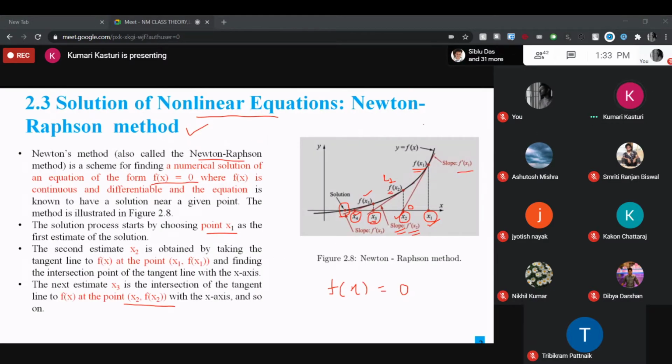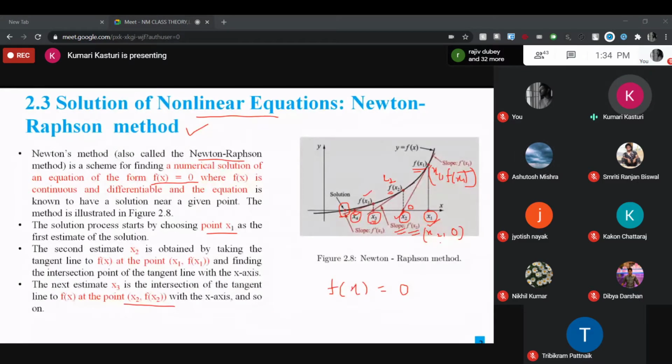Whatever first slope we are having, the first point is x1, and this is f of x1, right? This point is x1 comma f of x1. Is that okay? The first coordinate, right? Here the coordinate is what? x2, and the function f of x2, that is how much? Here the function value is how much? 0. Is that okay?